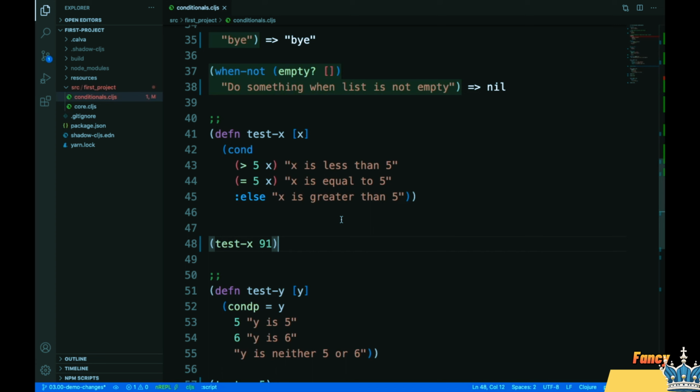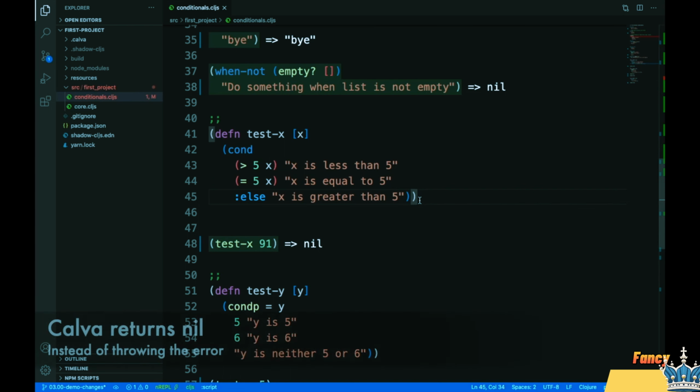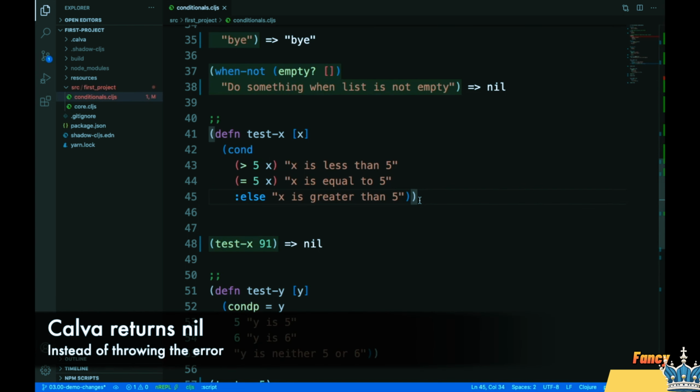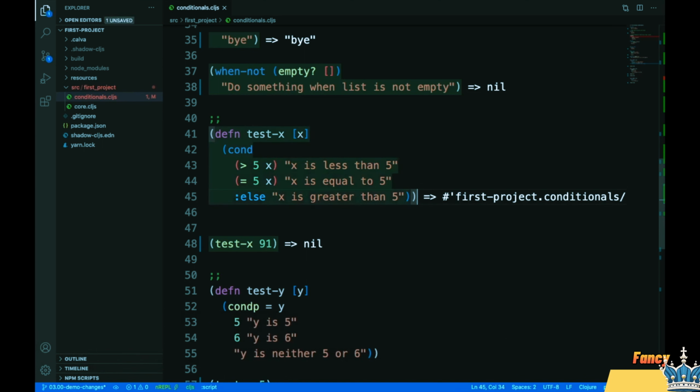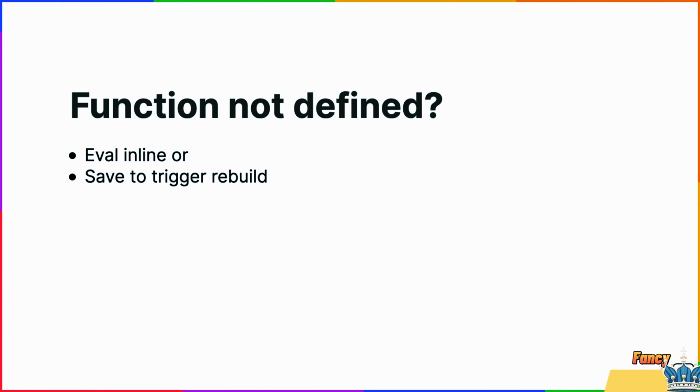If you write this function in your editor and try to execute test-x, you might see an error saying that test-x is not defined. This happens if you skipped the evaluation of the definition of the test-x function. Your options here are to save so that the shadow watch rebuilds the process, or to inline evaluate the definition